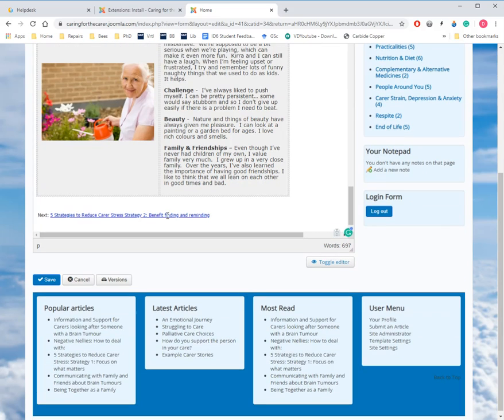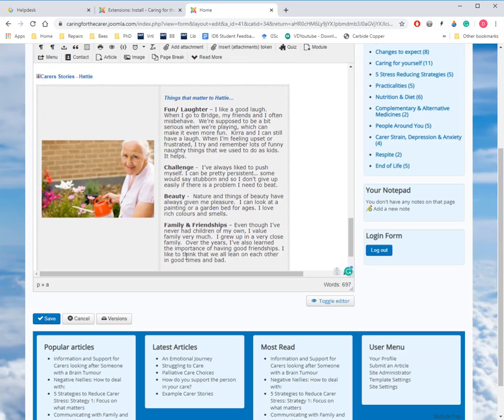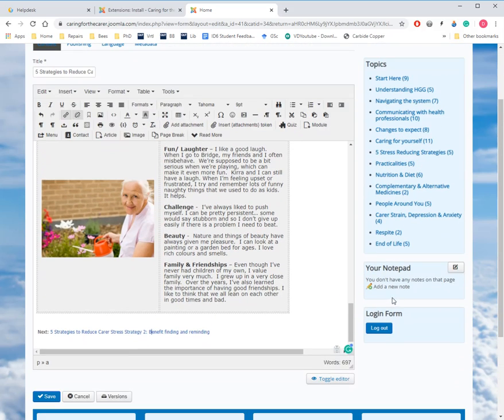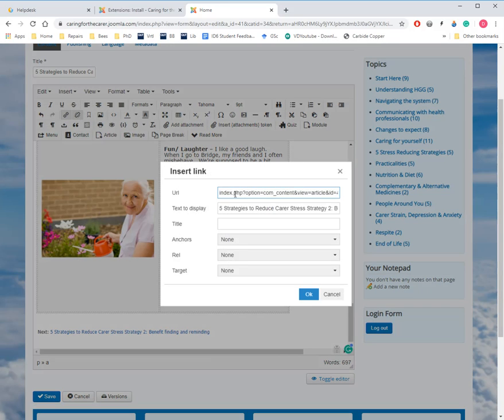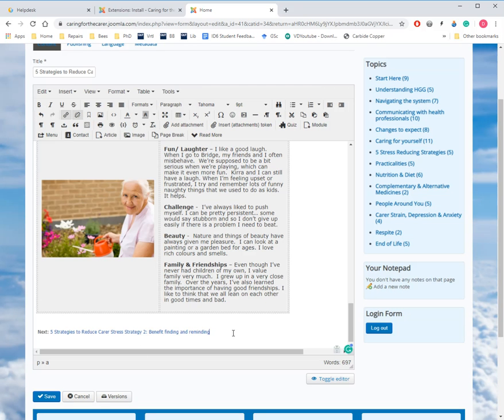The other kind of link we have is this one here. Now this is a link to another article. So let's have a look at this link. Now I'm going to click on it and scroll up a little bit, and then I'm going to hit edit link. So with edit link you'll see that I have a URL here and there's this long string. Now you don't have to remember what that is. I'll show you why. If I was going to do that again underneath, I might say previous,